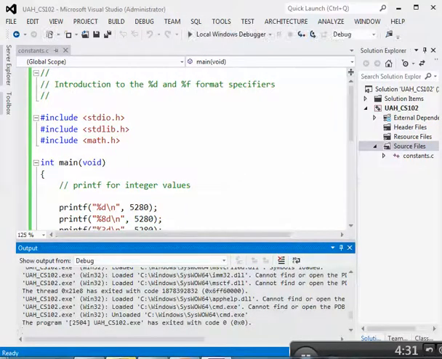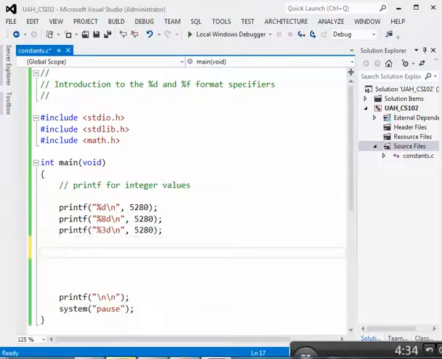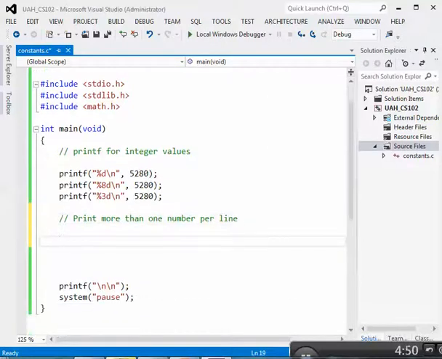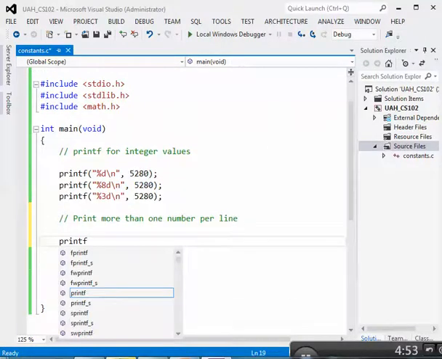Now, let's go on and output more than one number per line. So let's print more than one number per line. Now we'll just do a printf statement where we'll output 2 integer values. So we have the printf,